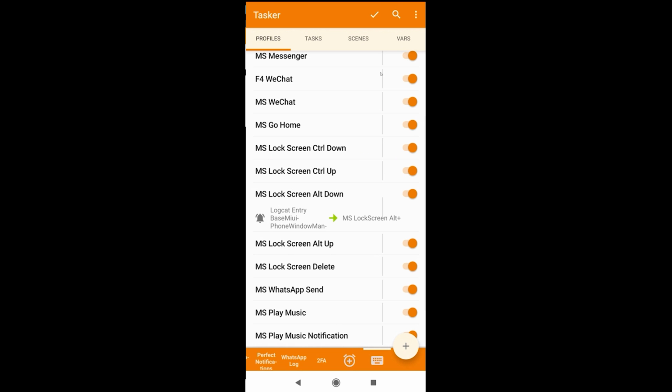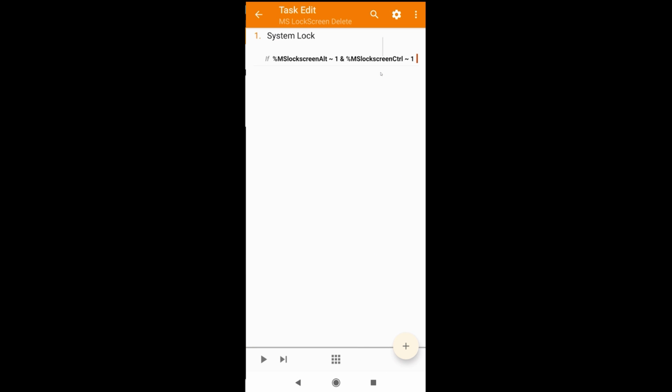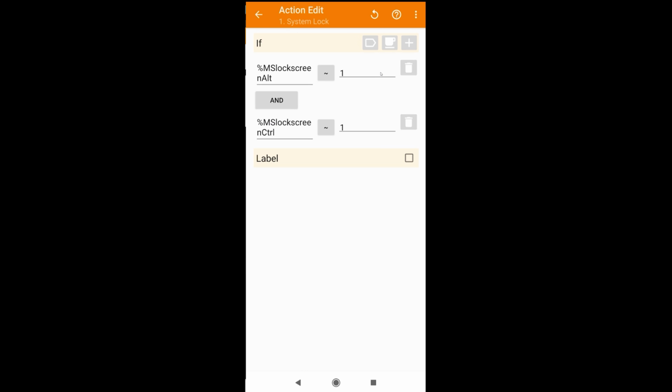And now to lock, I need a final piece of information. I want the phone to be locked when I only press Delete. Now Delete is 112, and when I'm pressing down on Delete, I don't want to discover whether I'm holding it or not, because as soon as I press Delete, I want to check if my MS lock screen Alt and MS lock screen Control are still pressed down. So if they both are set to 1, I know they are still pressed down,